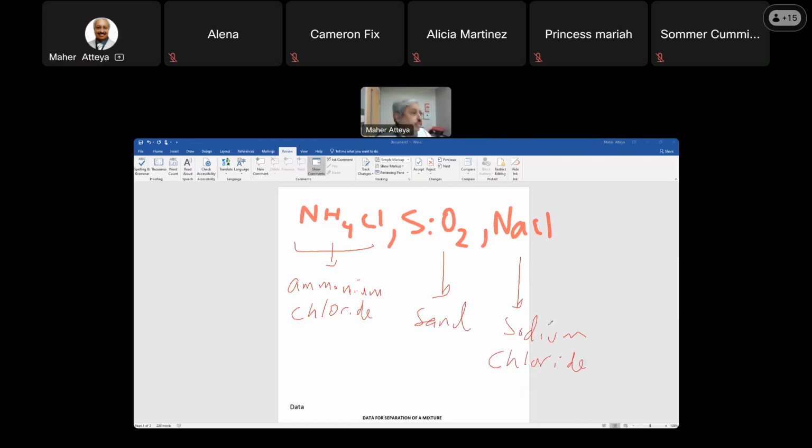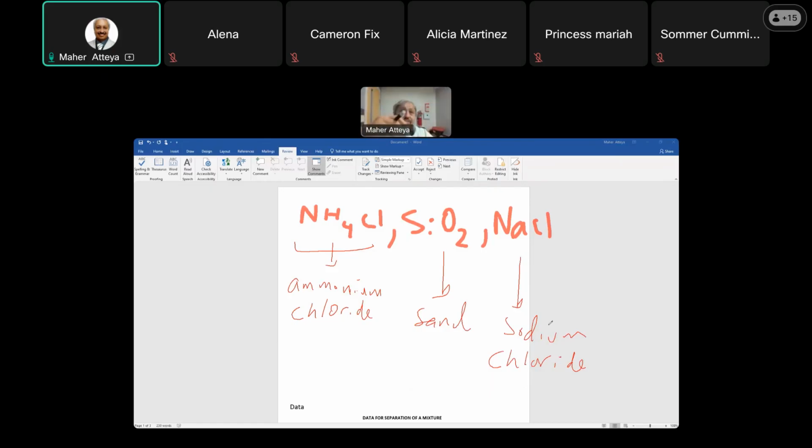So this mixture is mixed together, and then we will try to separate all those components of this mixture by themselves and determine the percentage recovery. Okay, we have to determine the percentage recovery. So, a mixture of three. This is by far, as you can see, not a homogeneous mixture, it's a heterogeneous mixture. Just for the fact, if you look at it